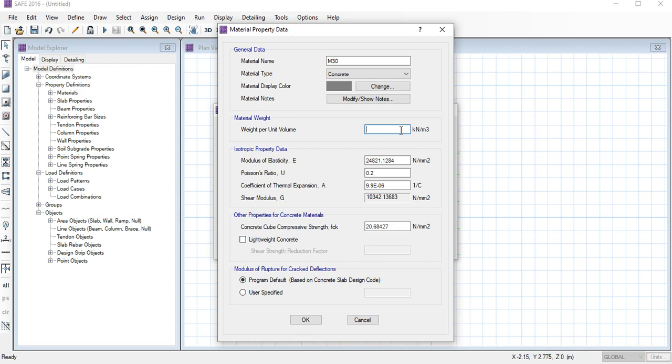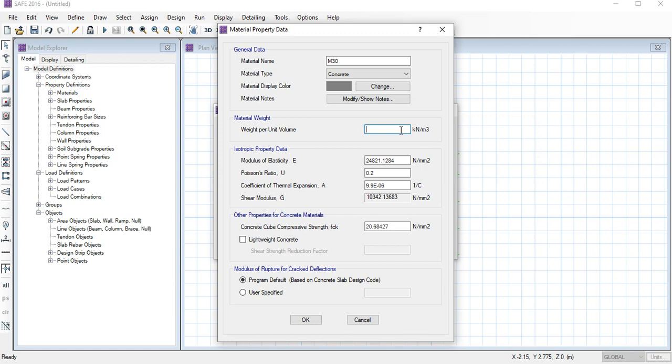Otherwise, if you do not know the properties of concrete M30, you have to go to Google and search for the properties of M30 material. All that data will show on Google. You need to take that data from Google and put it here. I have taken the data, so I'm just going to put it here.